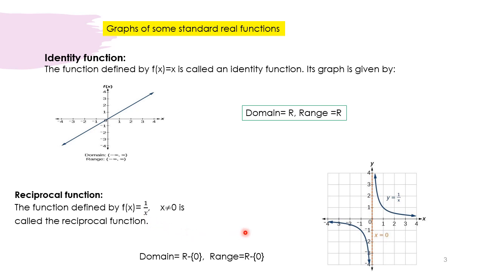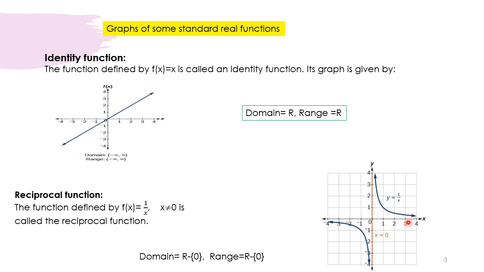But now our purpose is to observe the graph and tell what the domain and range are. So here the graph of f(x) = 1/x is like this, and if you observe it, in both the branches you see it never touches the x-axis. Similarly, it never touches the y-axis also. It extends up to infinity, but without touching the x-axis and y-axis.